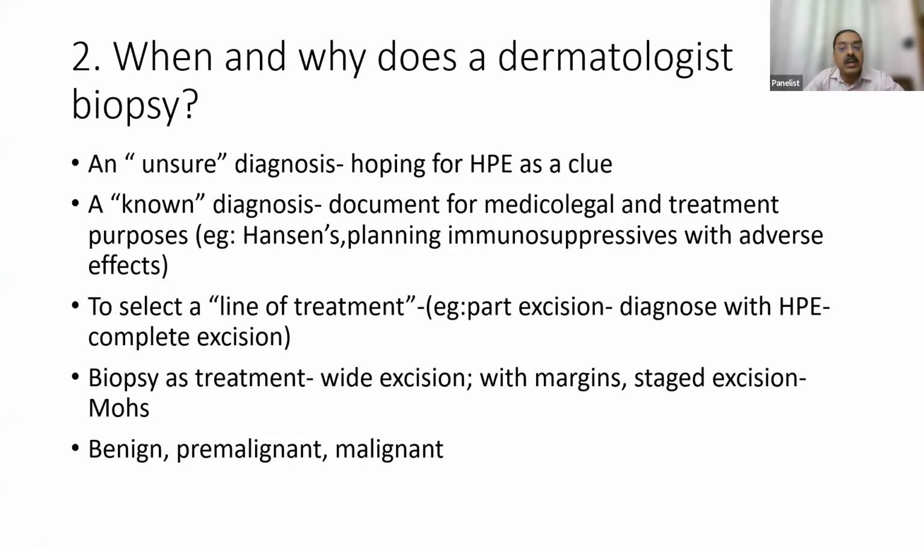When we are planning long-term immunosuppressors with adverse effects, we always make it a point to biopsy. An example I will tell you, in lichen planus pigmentosus or in lichen planus, we do a biopsy because we want to give them immunosuppressives at times. So lesions where we are planning something like that, we will definitely biopsy. To select a line of treatment, it can be a partial excision, diagnose with HPE, and then do a complete excision, or it could be